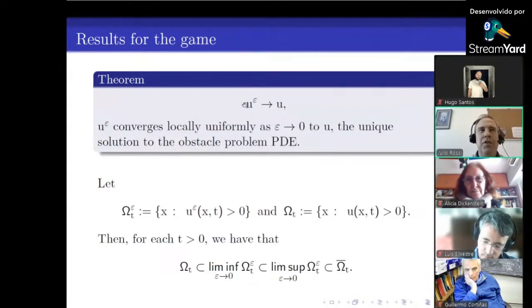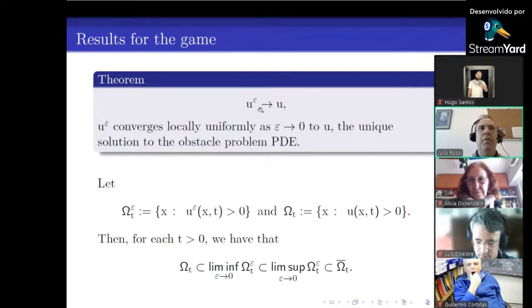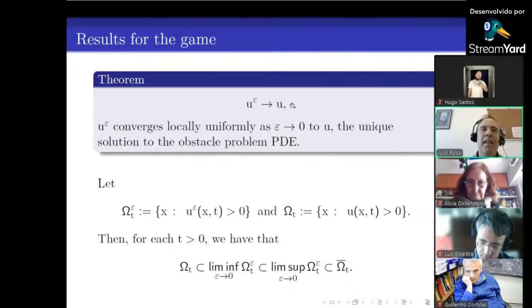And the value functions of this game, the theorem says that the value functions of this game converge locally uniformly as epsilon goes to 0, as the size of the step goes to 0, to u, and u is the unique solution to the obstacle problem, to the Volker PDE. So the partial differential equation that encodes the flow by minimal curvature with an obstacle can be approximated using solutions